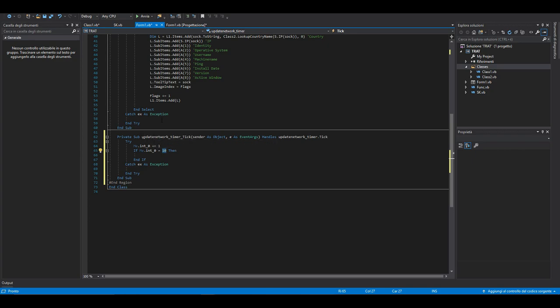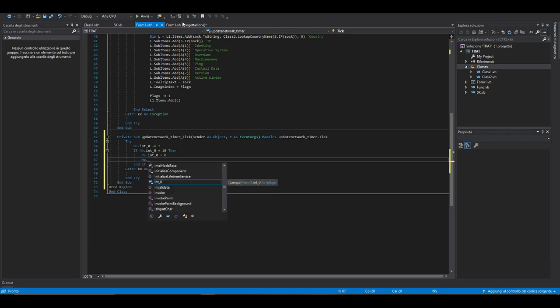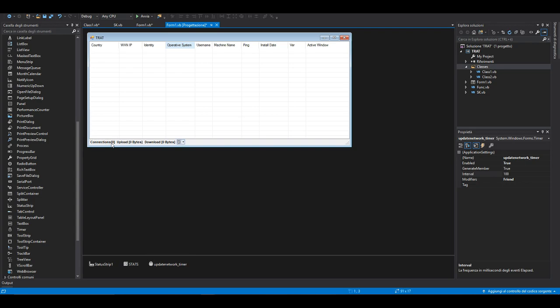So when the timer loops 10 times with an interval of 100, we can update our label. So Me.int_0, we will reset the counter, and actually we can name that,